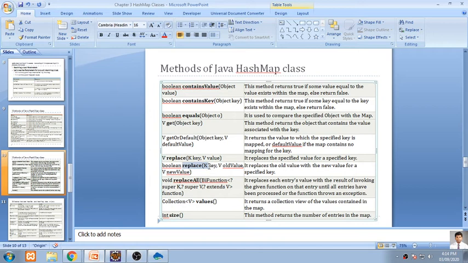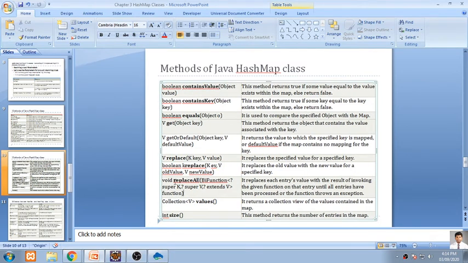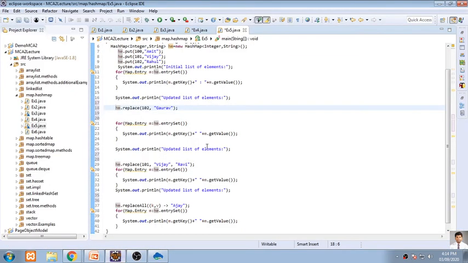When I say replace, the first parameter is key, the second parameter is old value. Whenever you want to replace any value with a new value, you have to use these parameters: key, old value and new value. If it is there, then only it will get executed. And the third function is replace where you can replace the whole object directly using parentheses. So there are three types of function we'll be using.